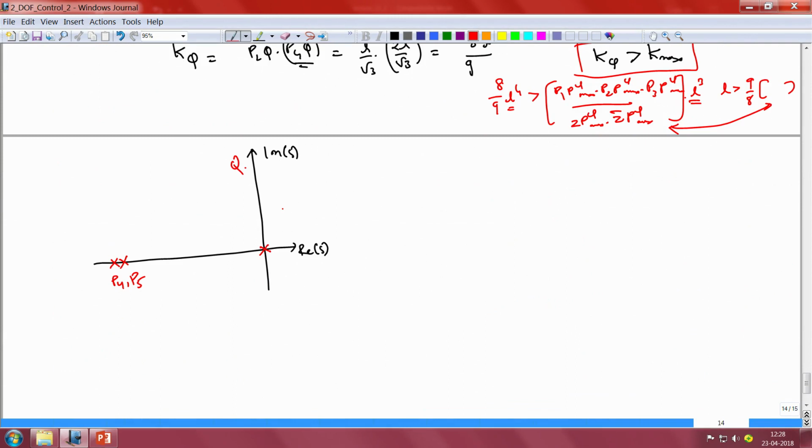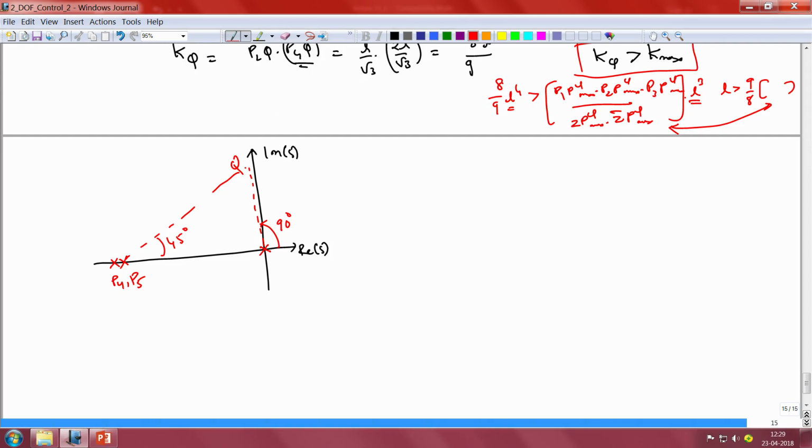So, in the first example we considered that we had one pole near the origin, and because we had one pole near the origin, if we considered the point Q on the branch that was about to cross over from the left half to the right half of the complex plane, we could conclude that this one lumped pole subtended an angle of minus 90 degrees at the point Q. The negative sign comes because this is a pole that is subtending the angle and not the 0, and hence the other poles P4 and P5 needed to together subtend an angle of 90 degrees at the point Q, and if the points P4 and P5 were assumed to be coincident, then each of them ended up subtending an angle of 45 degrees at the point Q.